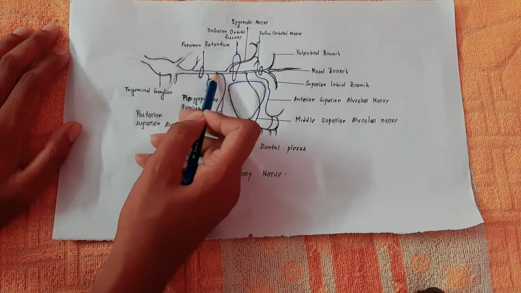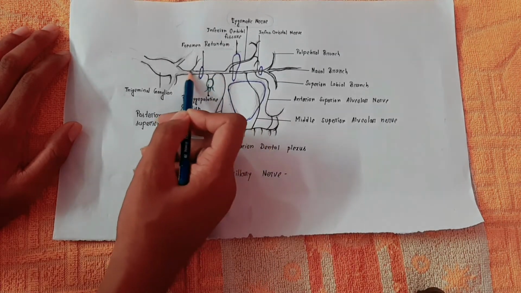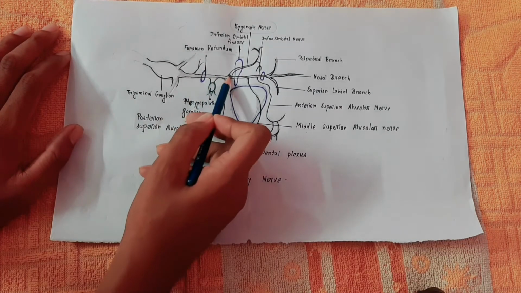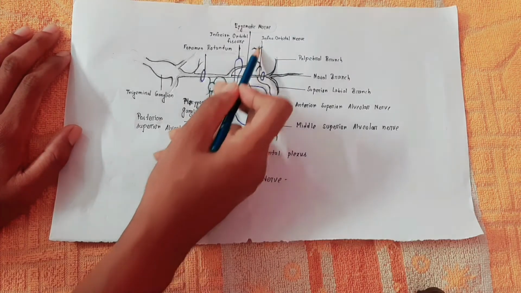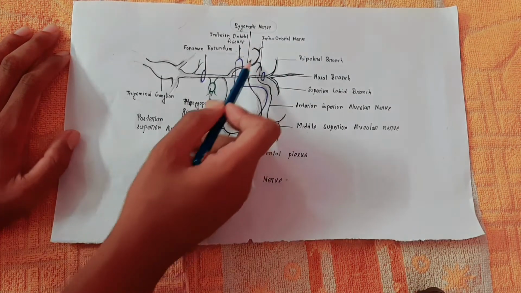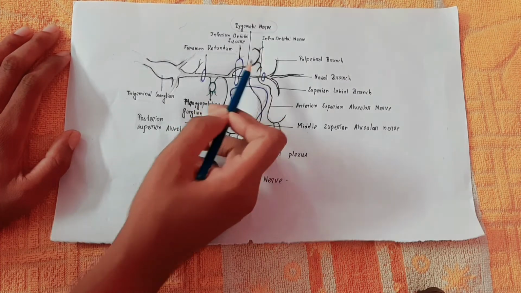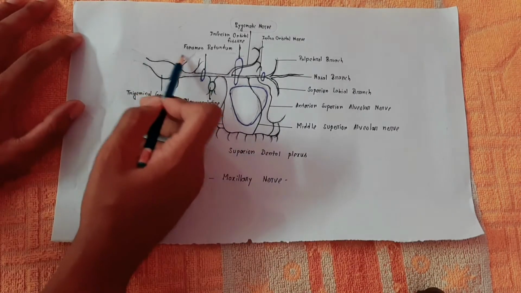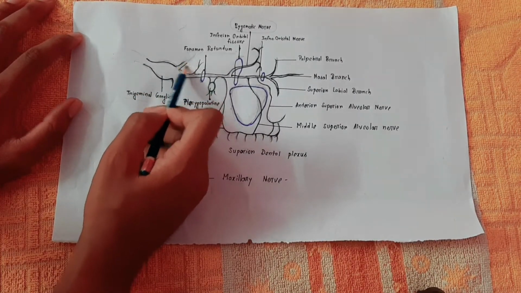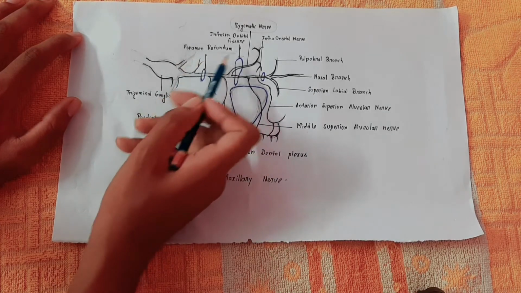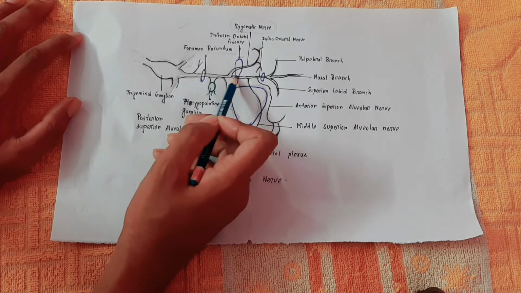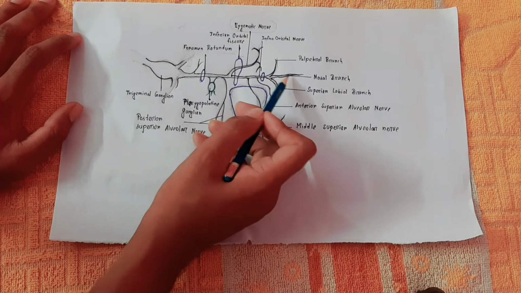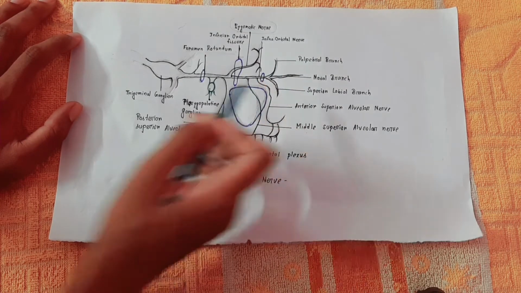Today we will discuss the maxillary nerve. After crossing the foramen rotundum it enters and gives off the zygomatic nerve. This is the zygomatic nerve. It creates the zygomaticotemporal and zygomaticofacial branches and enters through the inferior orbital fissure. Here you can see the ophthalmic branch of the trigeminal nerve going through the superior orbital fissure, but this one goes to the inferior orbital fissure, goes straight and divides into three parts after crossing the foramen.